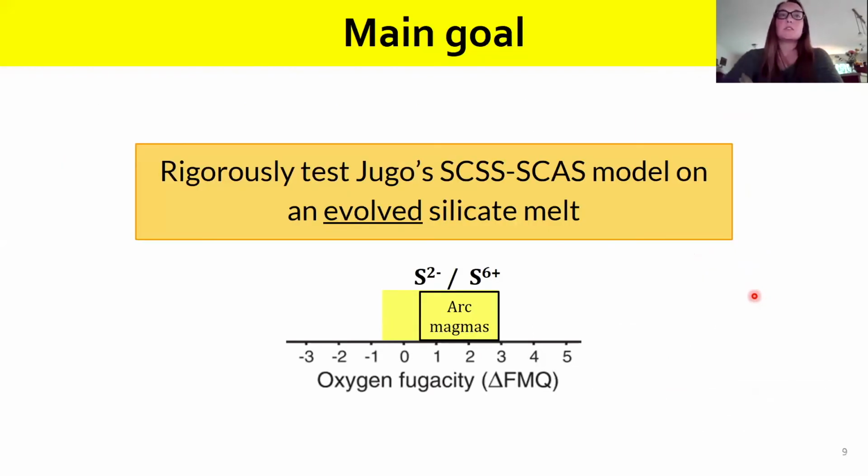And so the main question that these experiments were aiming to resolve is to rigorously test this, I'm going to call this Hugo's SCSS and SCAS model, on an evolved silicate melt. In particular, we're going to use a dacite melt, just like the experiments from Carroll and Rutherford. And this is really important to do because